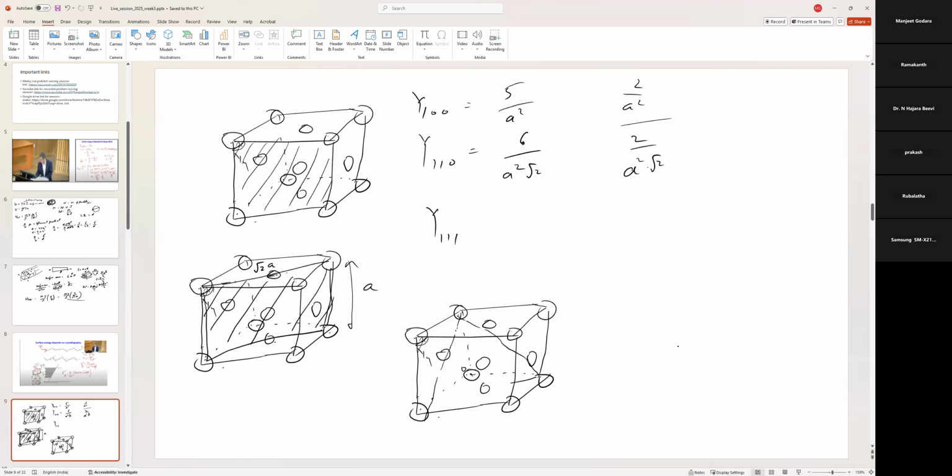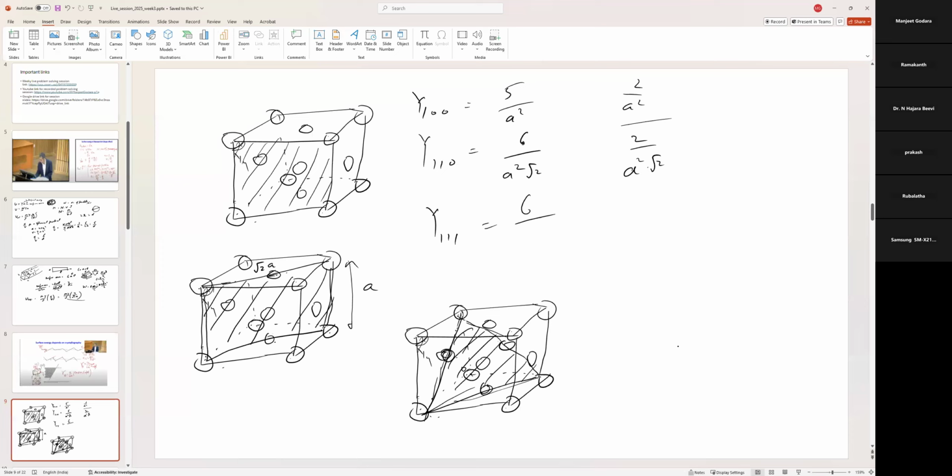What atoms does it cut? It goes through this one, goes through the space. In the space, there's another atom sitting at the center of the space, should be here. Now again, if you just count the number of atoms, 1, 2, 3, 4, 5, 6, 6 divided by